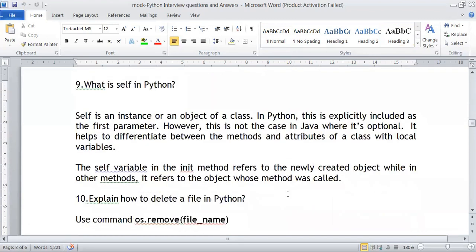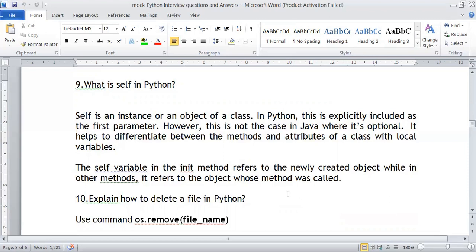Next question, what is self in Python? Self is a variable in the init method. Where do we use this? Python is an object-oriented programming language, so we can write our own classes and objects. If we want to write a program that creates a class, we need an init method inside the class.